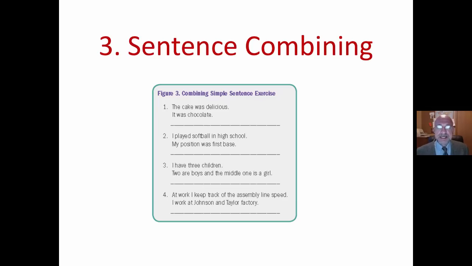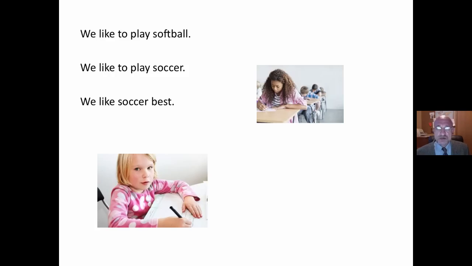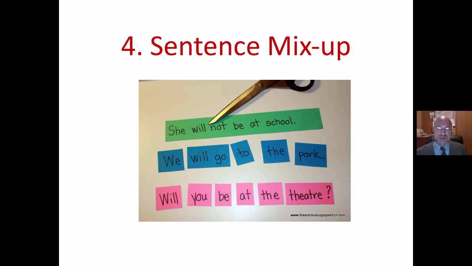Sentence combining, again, a way to develop the syntactical cueing system. Students are given 2 sentences or 3, and they have to combine them in a way that makes sense, but still creates the meaning of each. With older students, you can use 3 sentences. Sentence combining develops the syntactical cueing system.